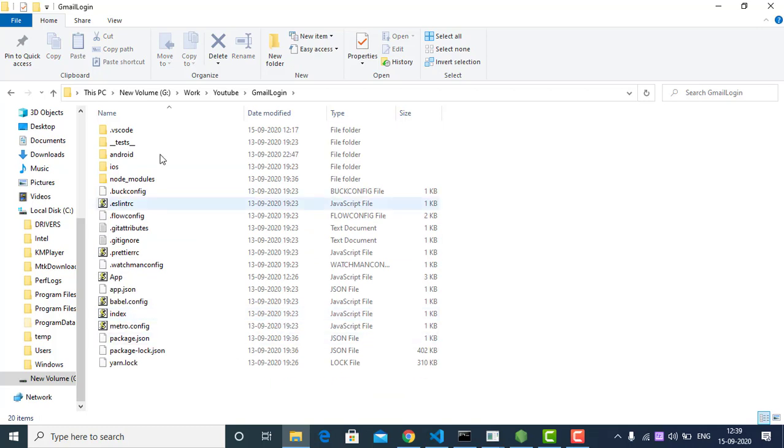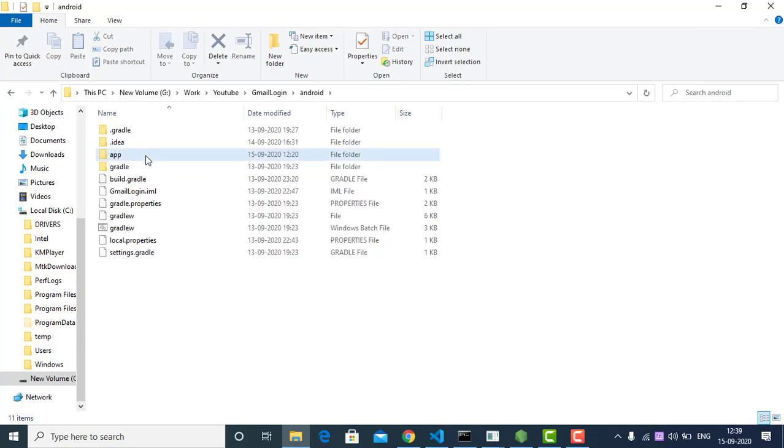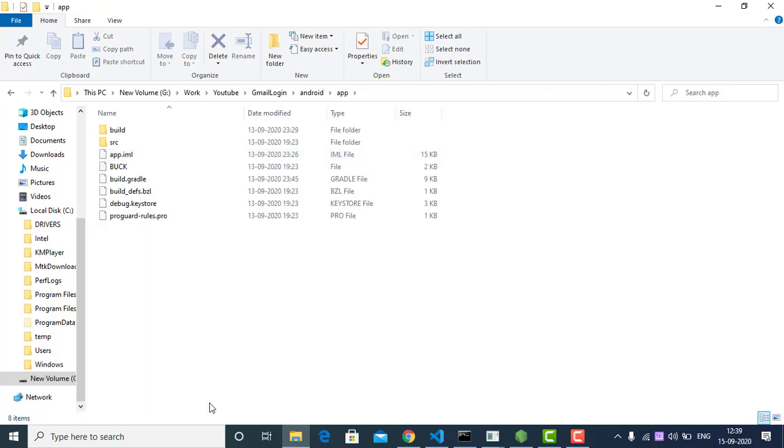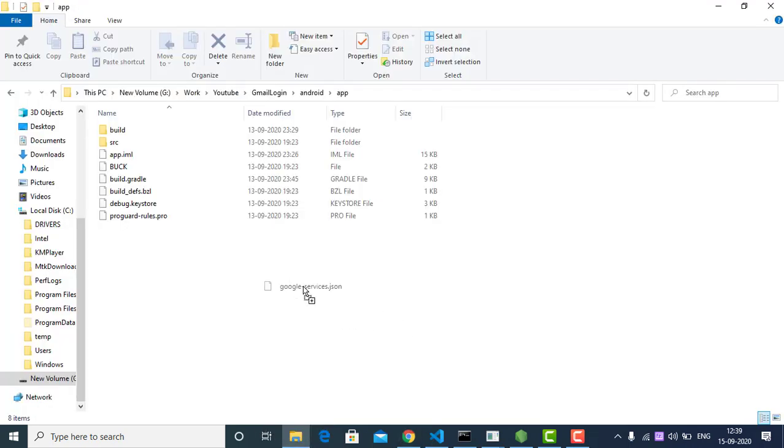We have to place that Google services file in the Android folder, then the app folder over here. So I paste it here, google-services.json.